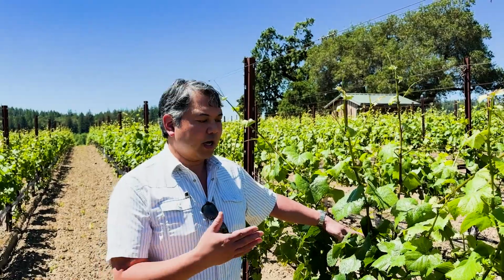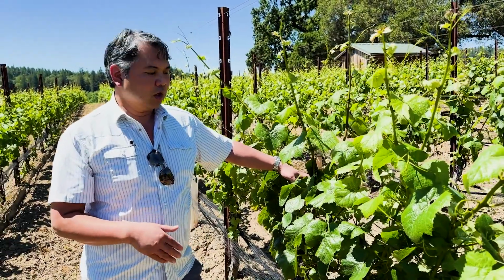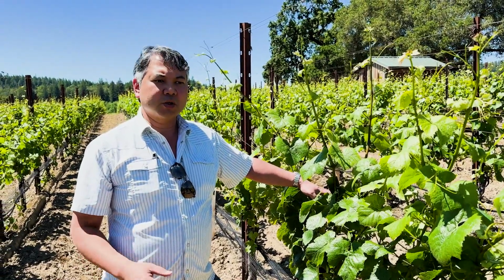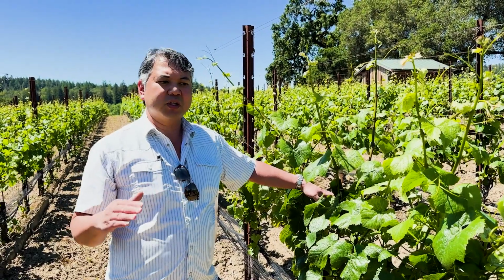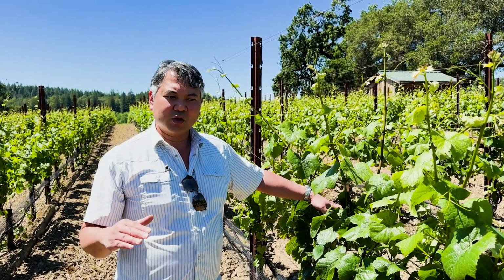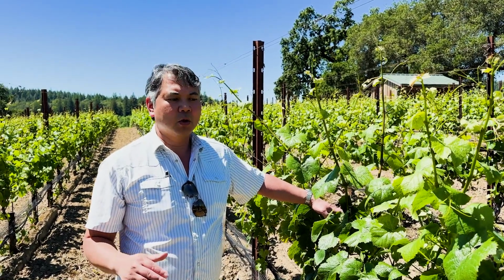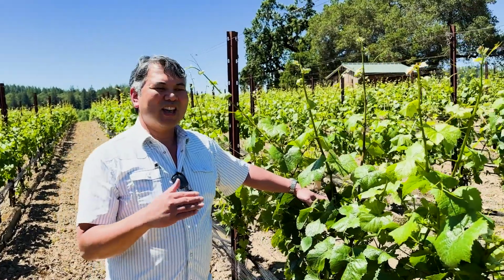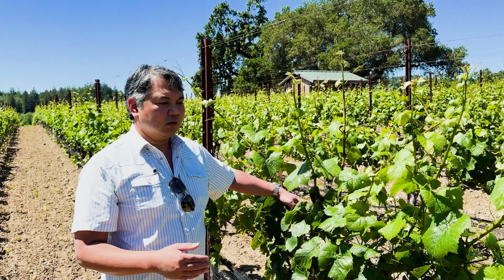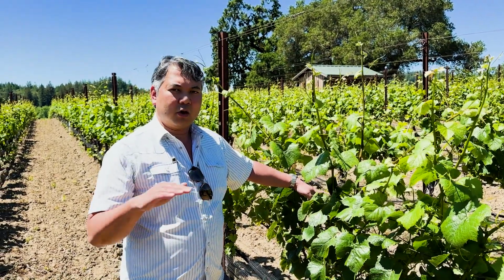So my hope is that in another 25 years, so we're standing in a 20-plus-year-old vineyard with the 18 different Pinot Noir clones, maybe in another 20-plus years, all the differences might be normalized. And so what we're talking about really is adaptation to the site, right? So hopefully what we'll see, in 25 years, is less difference from the clonal perspective and more about the site. And it's probably a gradual effect, but